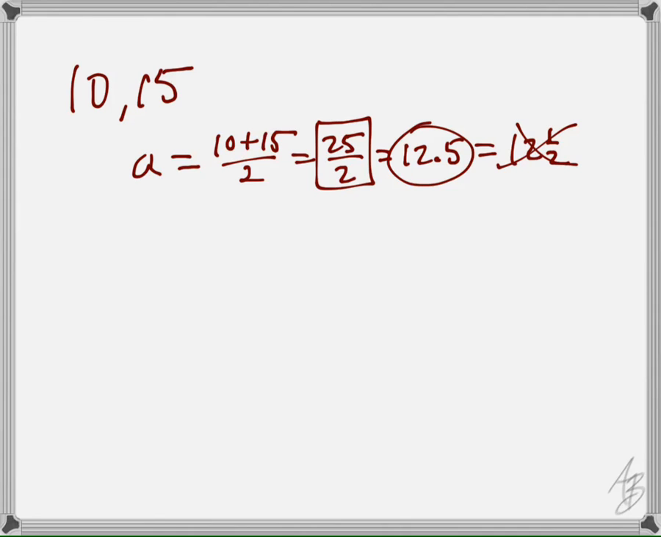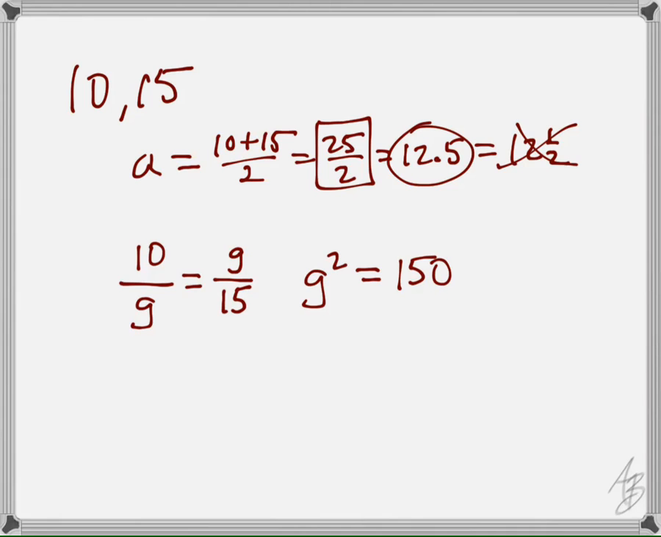Okay, and group 4, we need the geometric mean here. Go ahead, Maya. 10 over G equals G over 15. Okay. 10 times 15. And you get G squared equals 150. And your answer is 5 over 6. Okay, so you're jumping ahead a little bit. So we get G equals